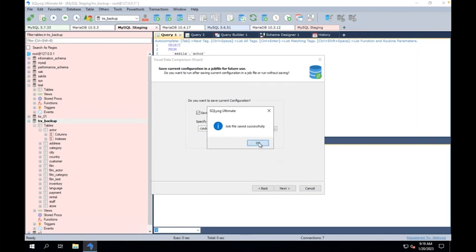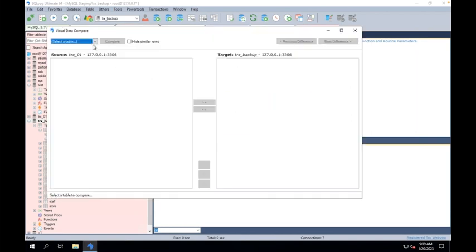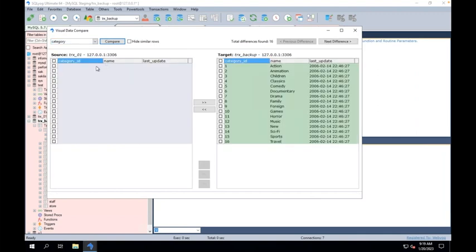So job file will be saved successfully, and you will be able to compare the data between two different databases by just selecting the table and just clicking on compare. So as you can see, there are objects in the target database that are not in source. Again, you can move that. So this is what SQLyog does. It gives you options to play around with. It just takes a couple of minutes, and